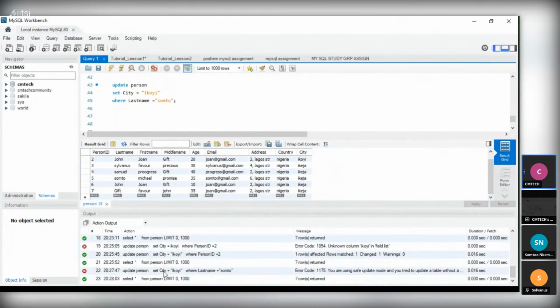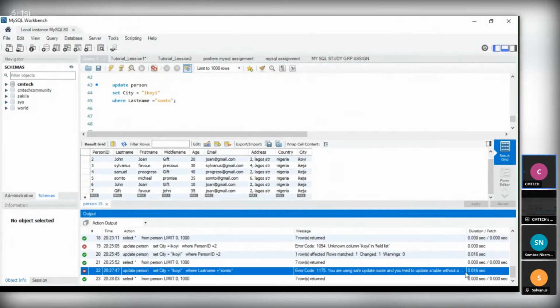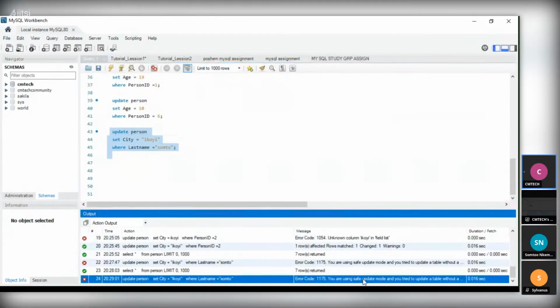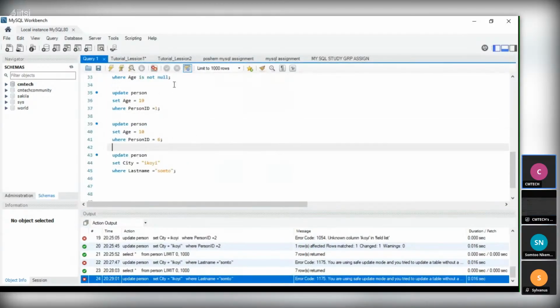You are using safe update mode, where you try to update a table without a key. Okay, I'm using safe update mode, so I think I have to attach a number, like an ID. Let's see if it will still work again. No, it's not working. Now let's see our data again.